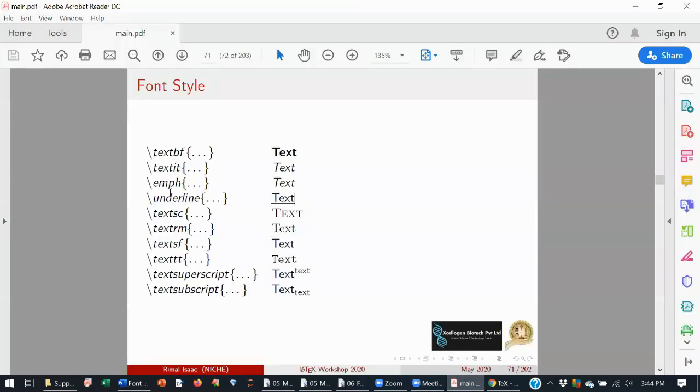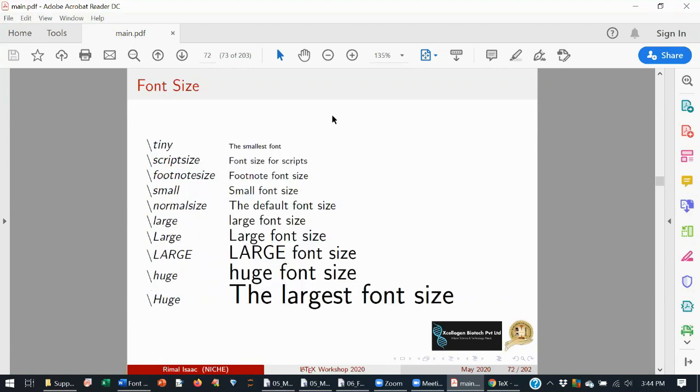First you will see the presentation, and these are the commands for how we format the text. For superscript, you have to type \textsuperscript with the text inside the brackets. Subscript means \textsubscript. These are the font sizes. If you put tiny, it will be very small. The font sizes from small to big are tiny, scriptsize, footnotesize, small, normalsize, large, huge. This is the way font size is defined in LaTeX.